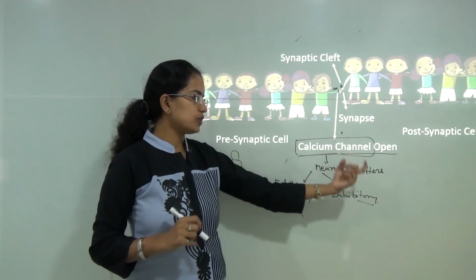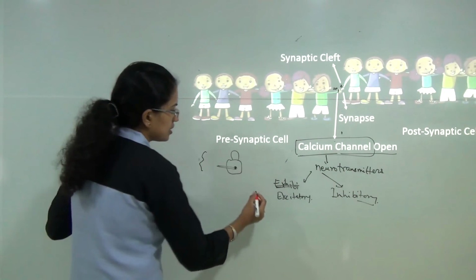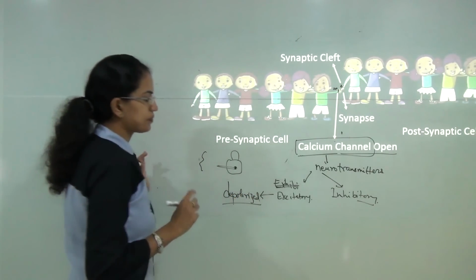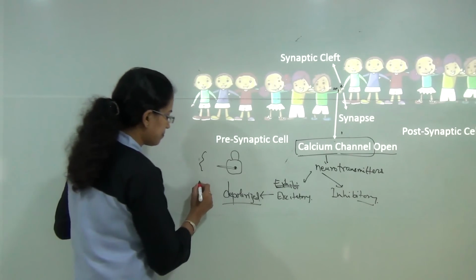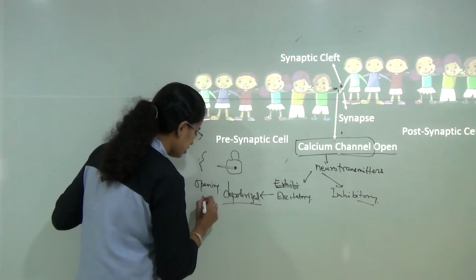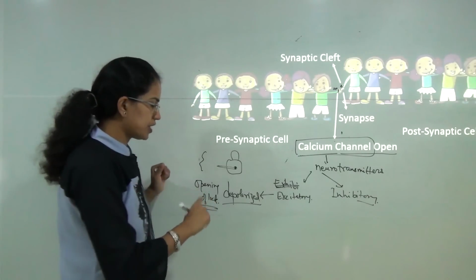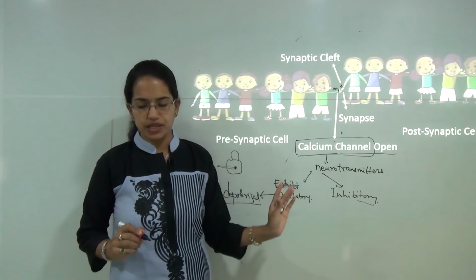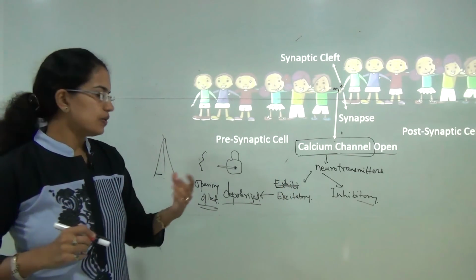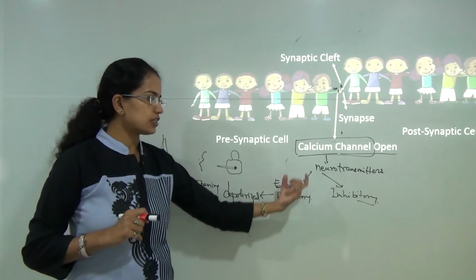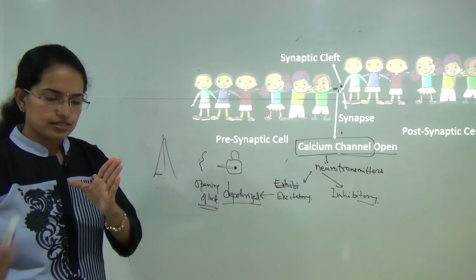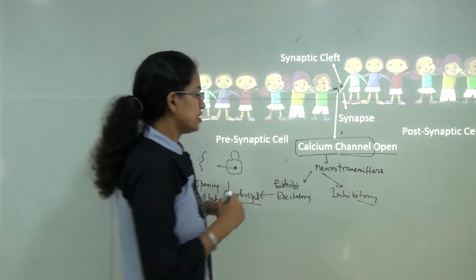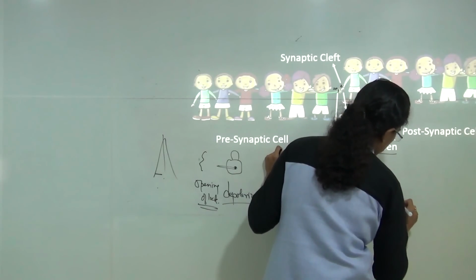Now what would happen if the postsynaptic membrane is depolarized? You would have the excitatory phase. That means the lock would open up. So you would have the opening of the lock during the process of depolarization. In that curve, if we talk about the process of depolarization, you would have the opening of the lock, and that would lead to the excitation of the neuron, the threshold would be reached and the signal would be passed to the next neuron. However, during the phase of hyperpolarization,